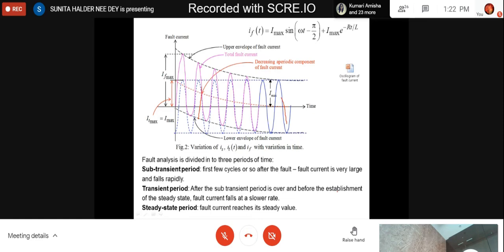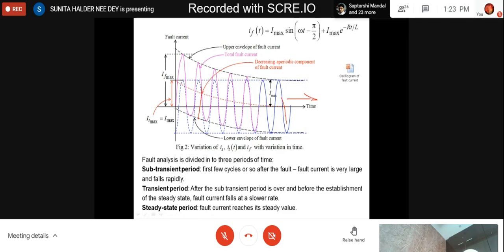So for this period of time, the transient component of current is there along with the steady state component of current. Please do not mix up the transient component of current with the transient period. The transient period is when the transient component of current has decayed but still exists. And the subtransient state is when the transient component of current is at a very high value and decaying at a faster rate. Then when the total transient component of current dies down, after this red line, all is the steady state component.